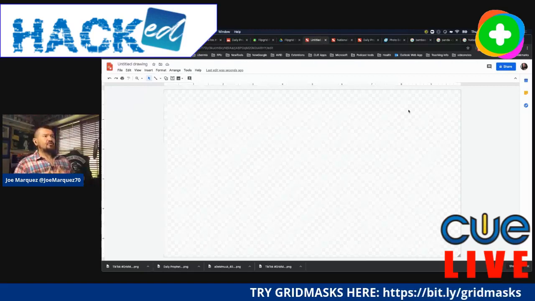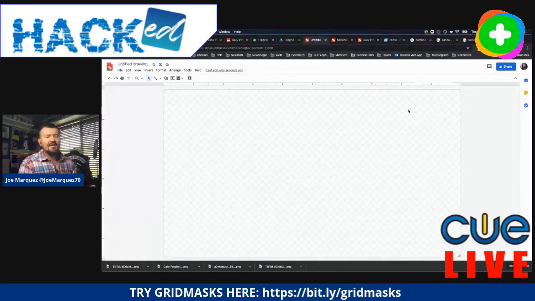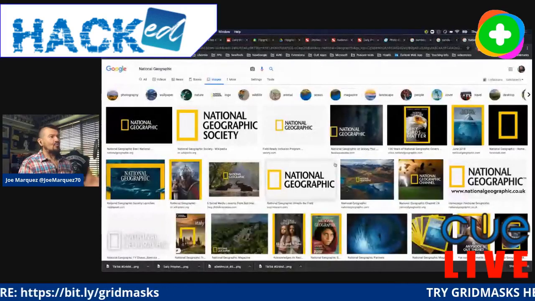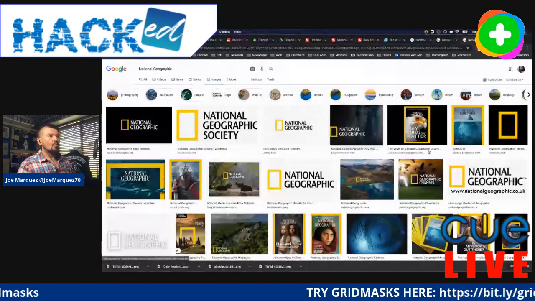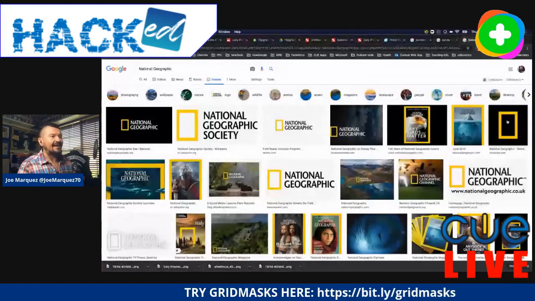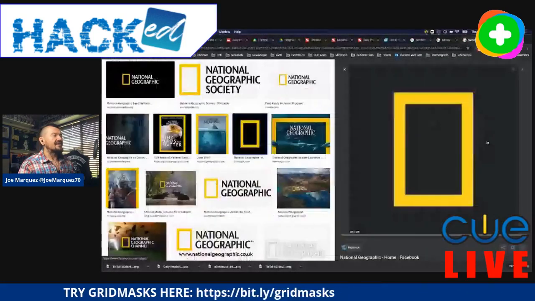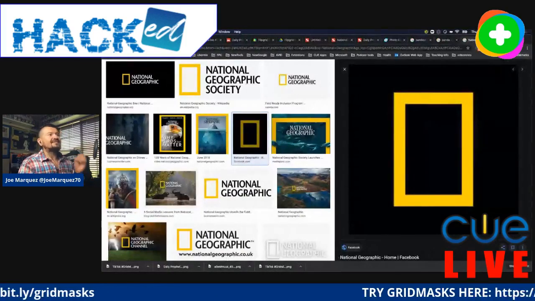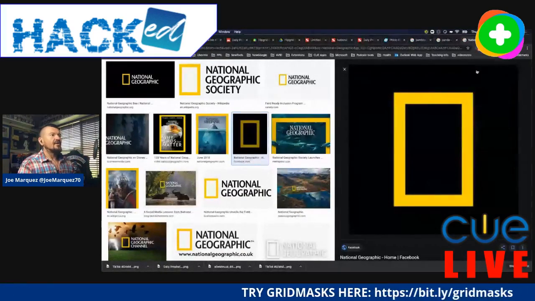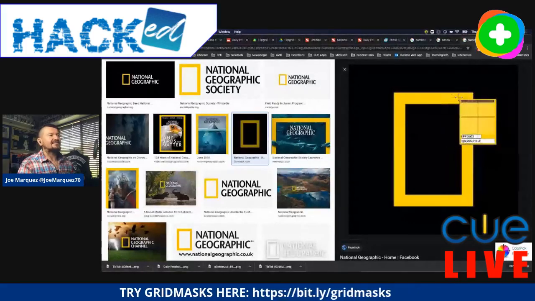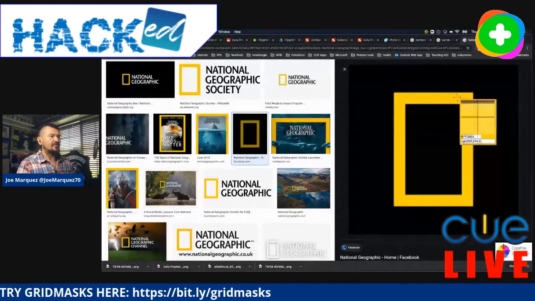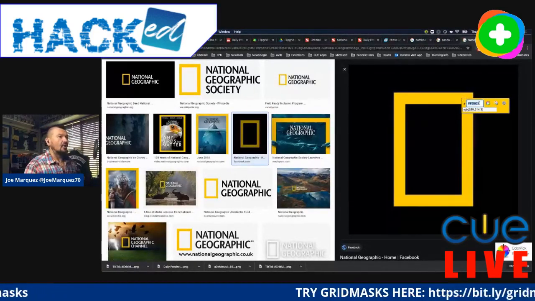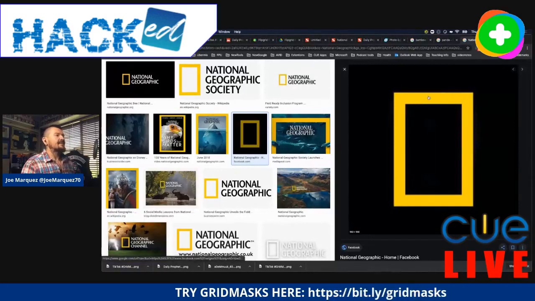The next thing you have to do is figure out, what do I want to make? So let's say we want to make a National Geographic grid mask. Well, I need to get this iconic yellow image right here, this iconic image. So I have to know exactly what is that color code. So I'm going to use a little extension called Color Eyedrop Picker. I hover anywhere over and I just select it, and it gives me the color code for that exact National